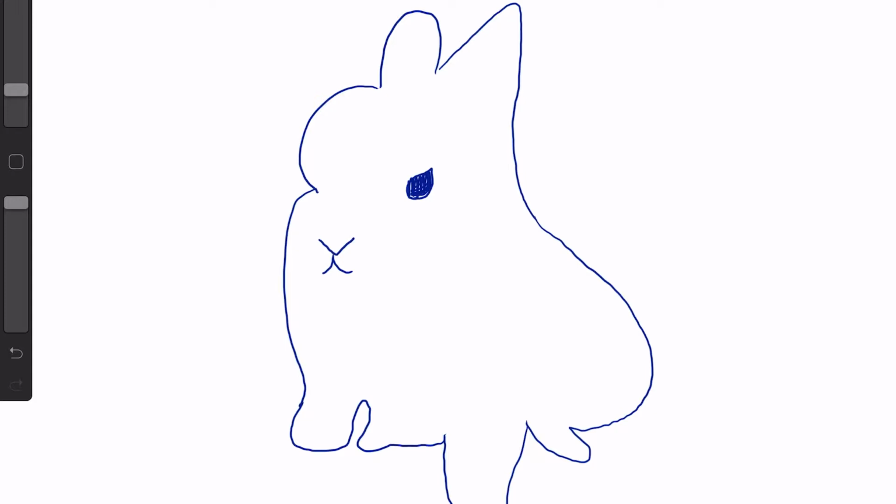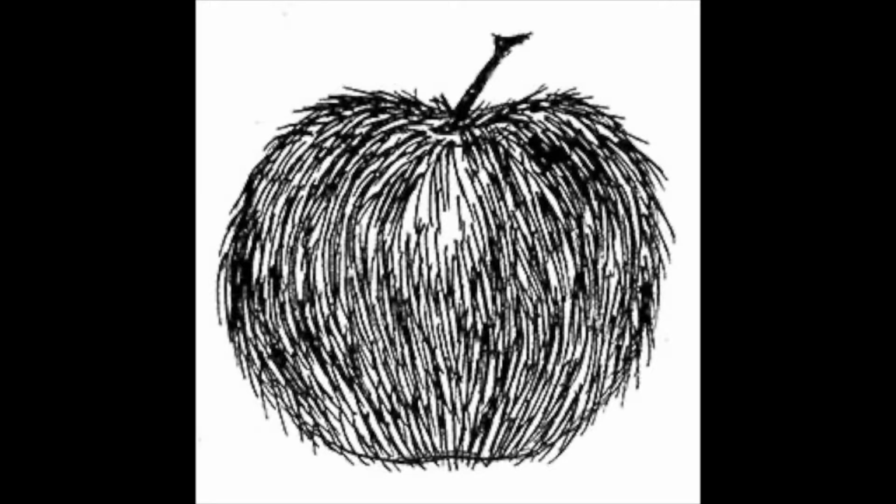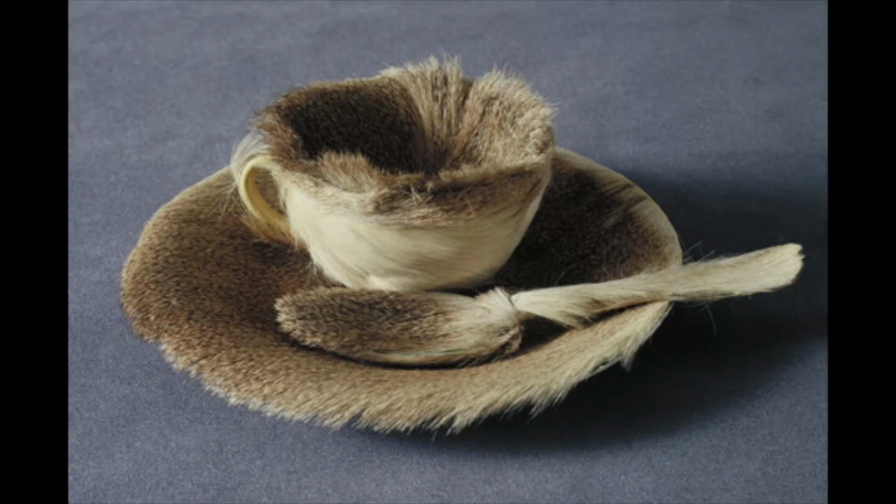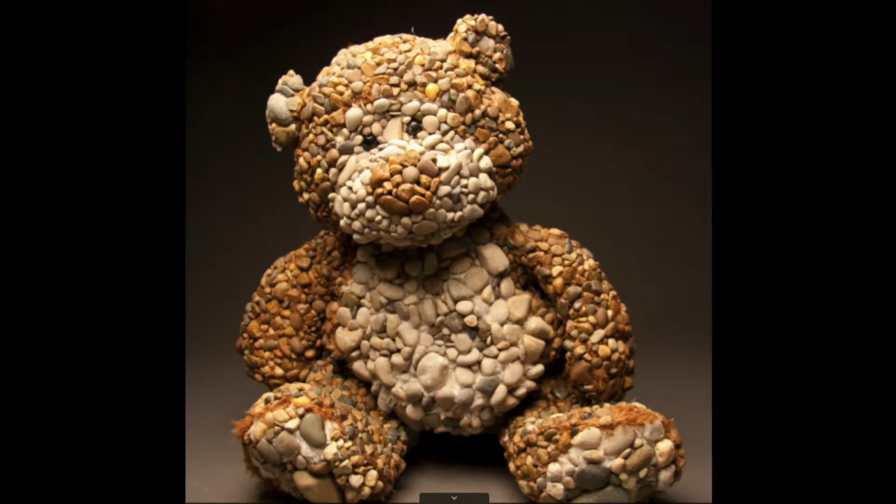When it's wrong, it looks super strange. It's kind of all we can notice, like this hairy apple. Or here in this artist's work, she made a tea set, but something's wrong. I don't think I would use this for my tea. And then we've got what looks like a teddy bear. Now, normally teddy bears are very fluffy and soft, but I'm not sure I'd want to cuddle up with this